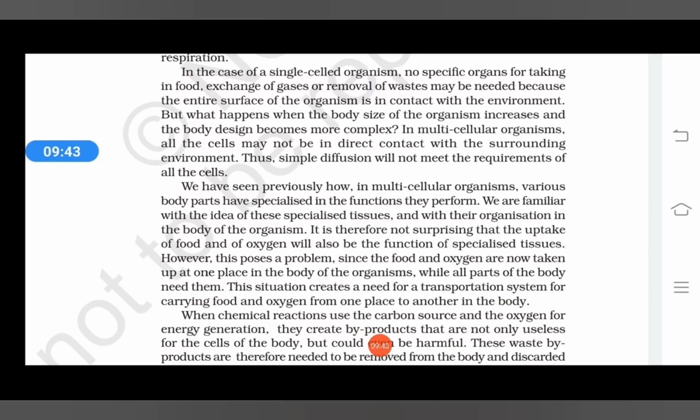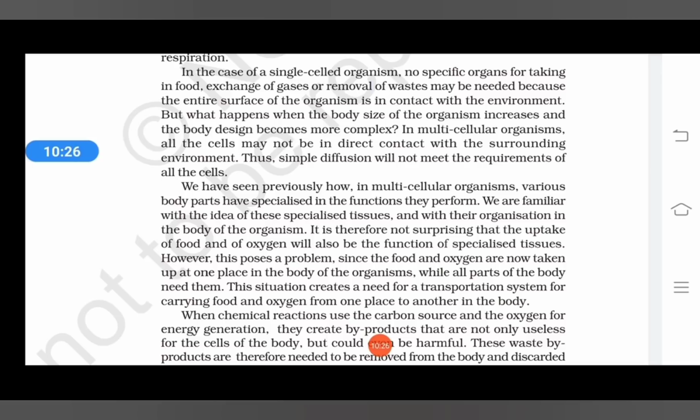We have seen previously how in multicellular organisms various body parts have specialized in the functions they perform. We are familiar with the idea of these specialized tissues and with their organization in the body of the organism. It is therefore not surprising that the uptake of food and of oxygen will also be the function of specialized tissues. However, this poses a problem. Since the food and oxygen are now taken up at one place in the body of the organism, while all parts of the body need them,